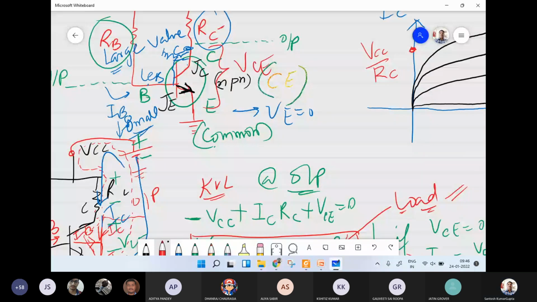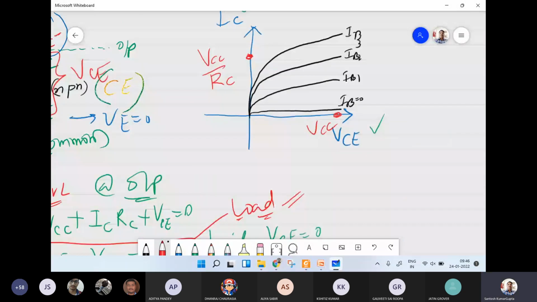So at some point here we will have VCC. Now if we connect these two extreme points, then we have an equation of a line here. This is nothing but the load line. Now, depending on the input circuitry, we will have some base current IB. So we have to draw that characteristic here corresponding to that base current IB, and the intersection point of these two curves